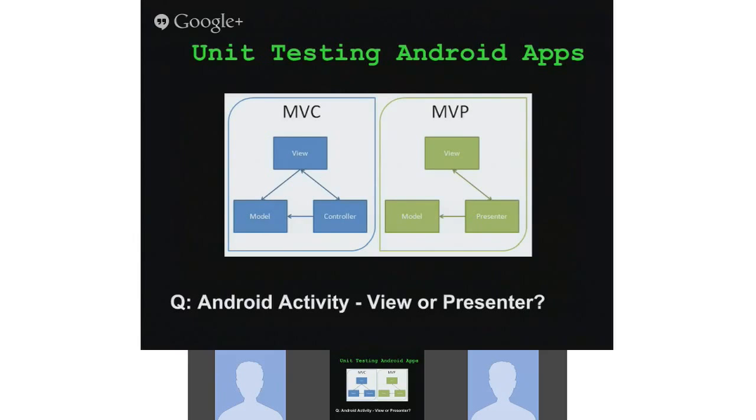So unit testing on Android is different than typical web testing. In web testing, we have it done pretty good. We use design patterns, either model view controller or model view presenter. We put most of the business logic in the presenter, and we test it in isolation, while the view doesn't have much logic, it's pretty lightweight. In Android, we have something called activity. Is activity a view or a presenter? Well, it's actually both. Activity contains both the view logic and the business logic of the presenter. So we are at a little bit of a disadvantage there for testing.